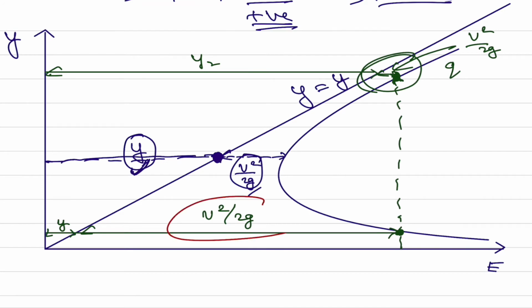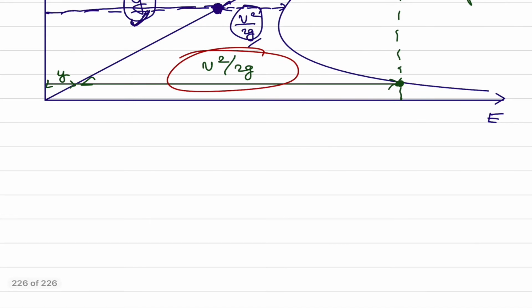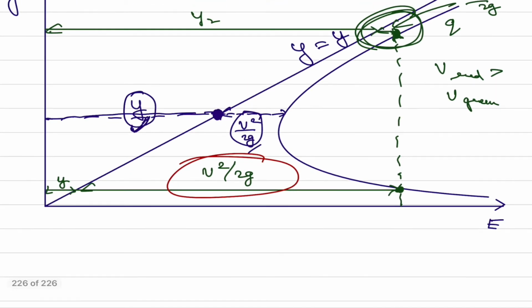So if I am marking this section in red versus a section in green, I can clearly say that the velocity at the section marked in green is greater than the velocity at the section marked in red. And this also makes sense because along this curve, our discharge, and hence discharge per unit width q, is constant: q is equal to some constant value.